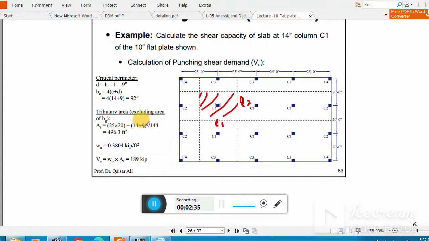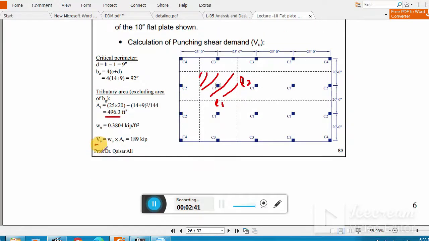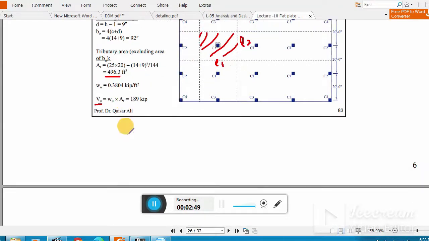So you see C plus D whole square, and then you get the tributary area, and then you need to find out your shear. Shear is just the effective tributary area times the loading. After that, you have to compare your VU against your phi VC, that is the shear capacity of concrete. So to know about the shear capacity of the concrete, you have to use